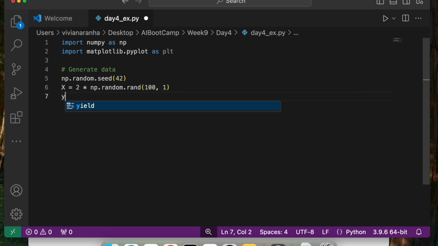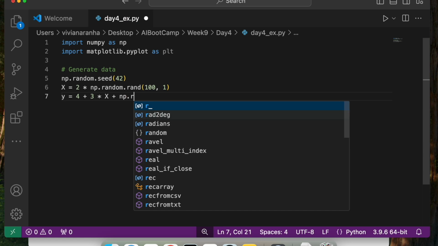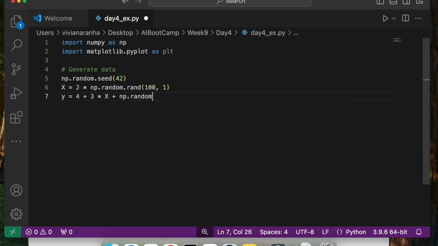Next, for my target, y equals 4 plus 3 times x plus np.random.randn(100, 1). So I have my basic data with the features and targets.